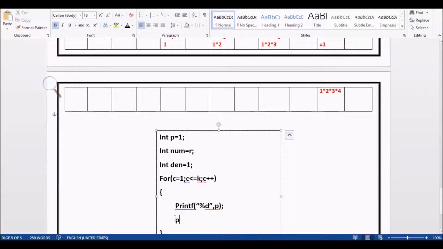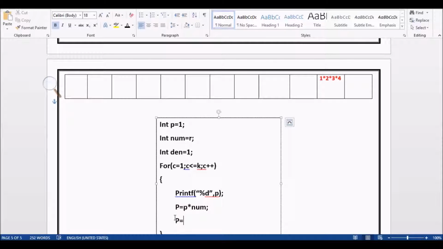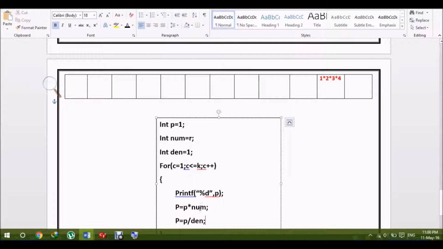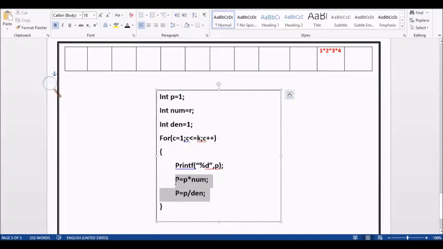So p is equal to p into numerator, comma, p is equal to p divided by denominator. So you can perform these two operations in one statement, but to avoid confusion I have written two statements. Okay, this is for numerator and this is for denominator.